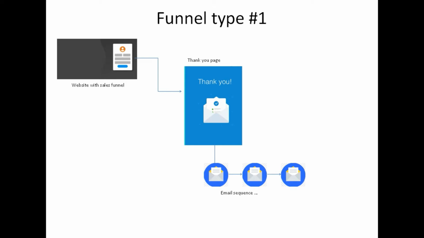Here you will see a website with a sales funnel which is collecting some information like email address, phone number, a combination of email, phone number and many other details. While collecting this information, normally we will be providing them a downloadable report or a coupon code or any such thing where people will be tempted to give their email address or phone number or whatever we are trying to collect. So once we collect that information, normally this funnel will take you to a thank you page, and along with that you can download whatever is being guaranteed in the sales funnel.